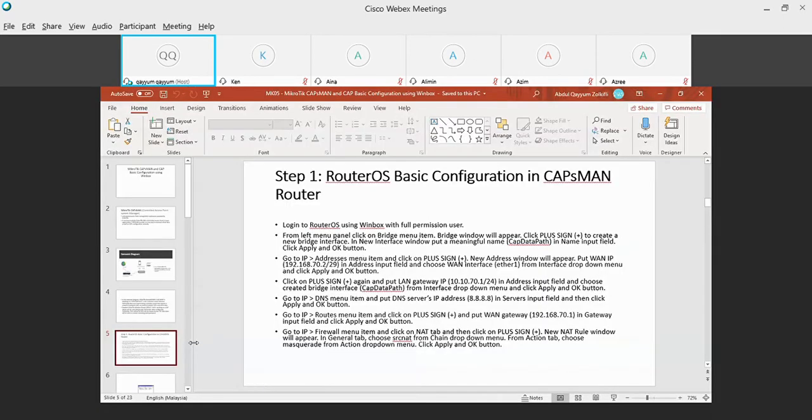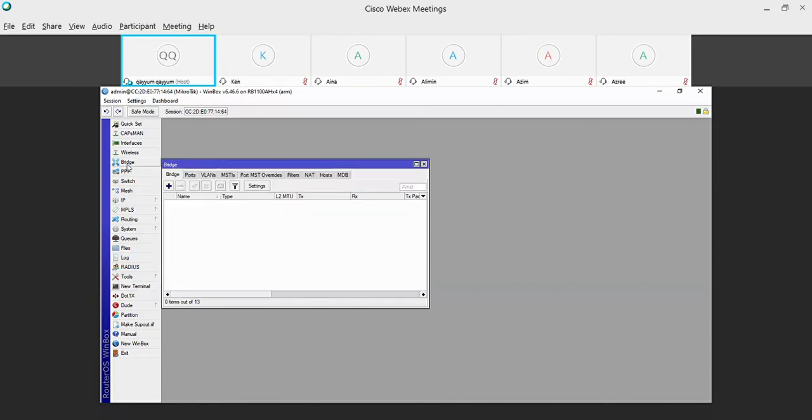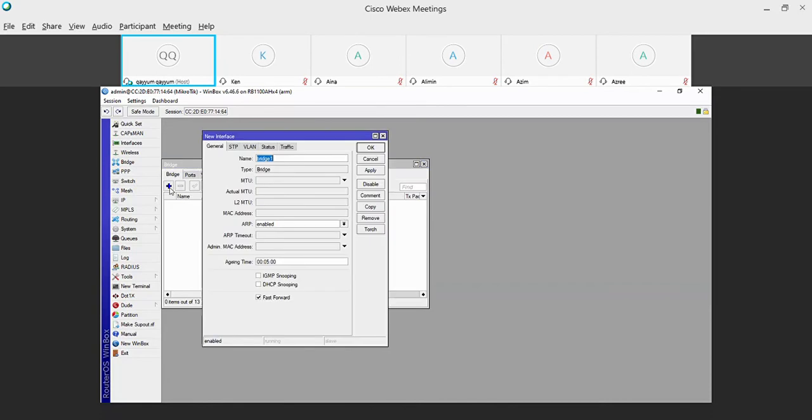And then the next thing you need to do is create a bridge for your CAPsMAN. This bridge is for the CAP to communicate with the CAPsMAN manager. So you go to bridge and then you create one bridge.